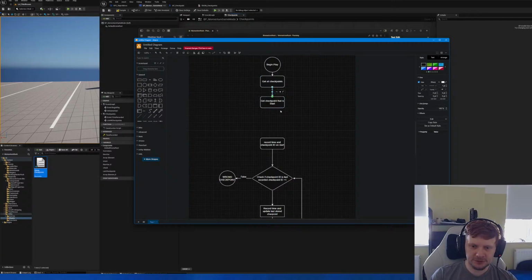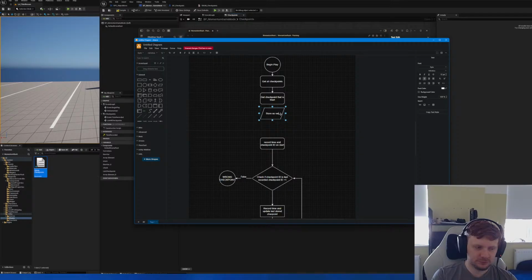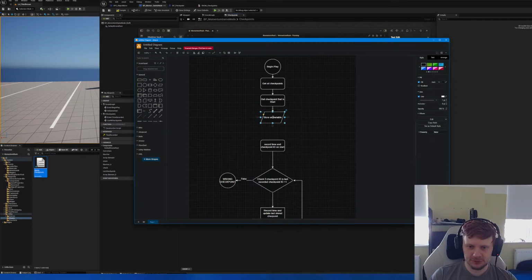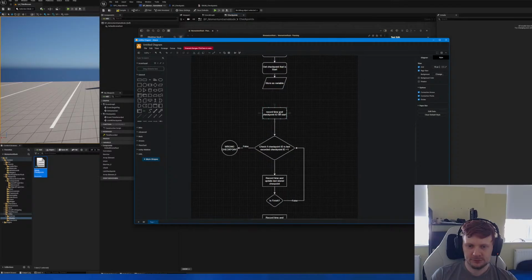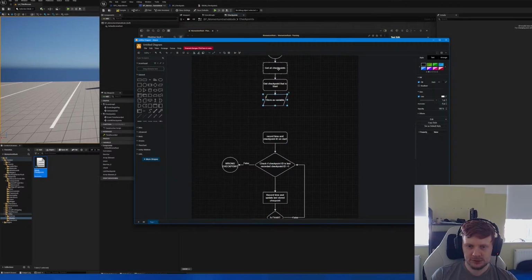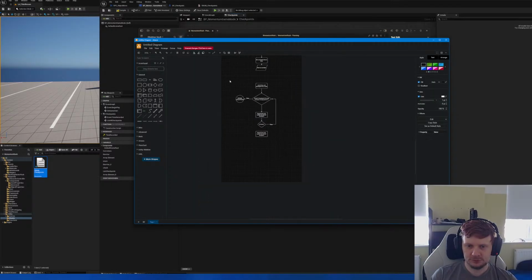Okay, I want to get the checkpoint that is start, and I want to store this variable, because I will need this to reset a game state. And this one will be